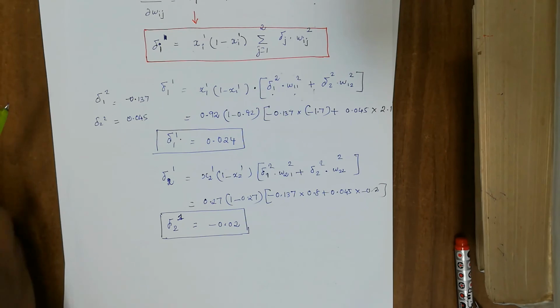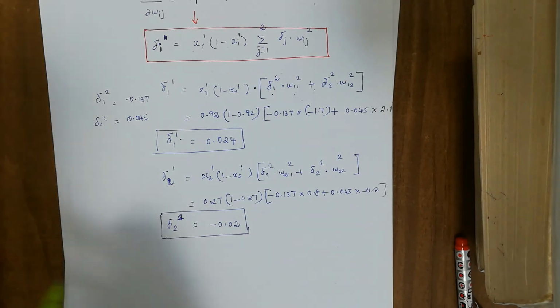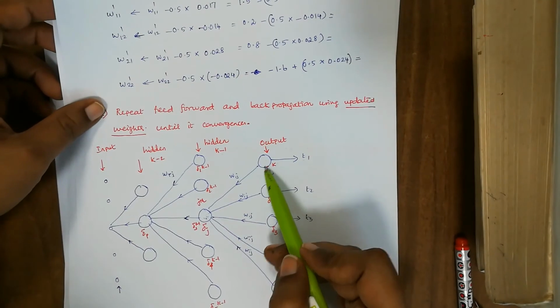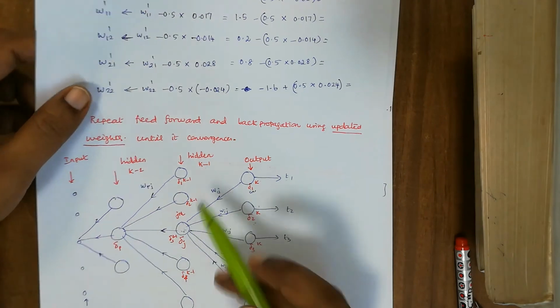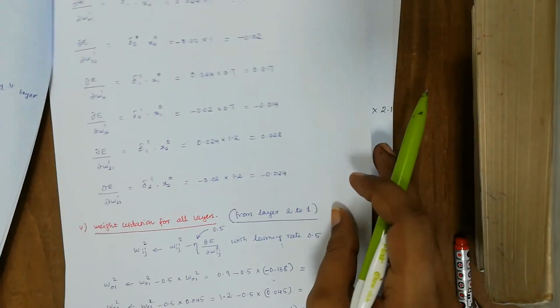Okay, so while we do so, that's what I have shown in the diagram. So this diagram is the same. All these values get summed up over here, multiplied by its local derivative, and then we get the summation.